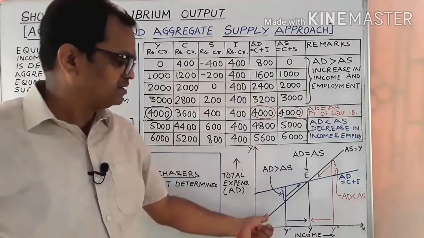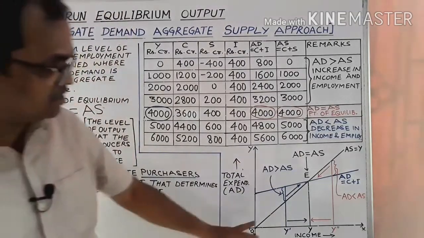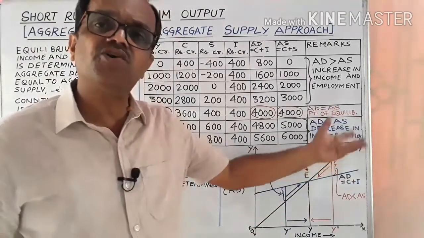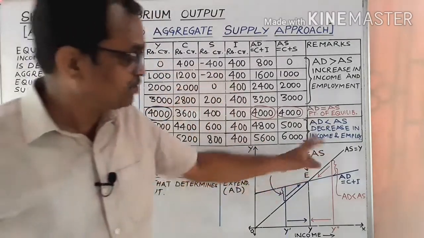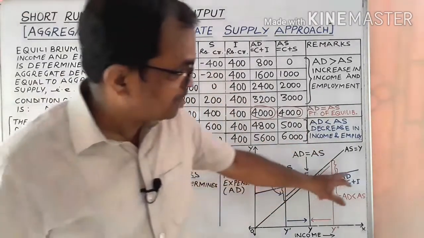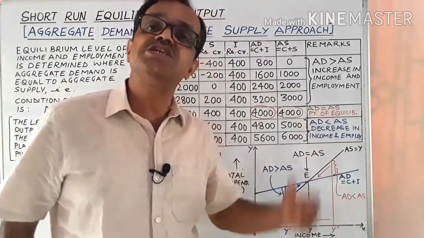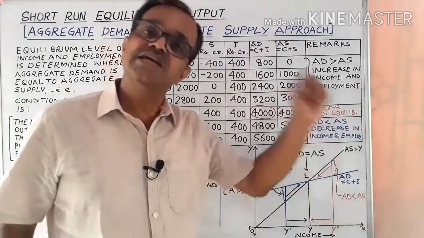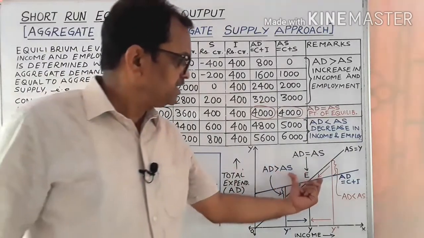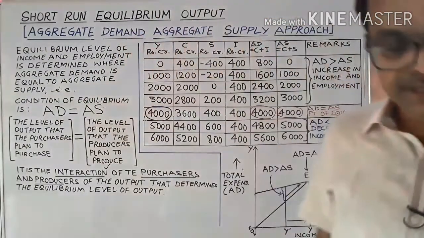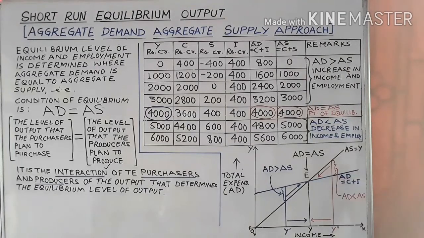Similarly, in this figure we observe that this is the aggregate supply curve, that is the 45-degree line, which is equivalent to the national income, that is C plus S, and this is the aggregate demand curve, which is equal to C plus I, that is consumption expenditure plus investment expenditure. Now these two curves intersect at the point E, and therefore E is the